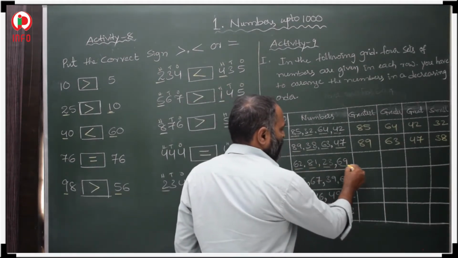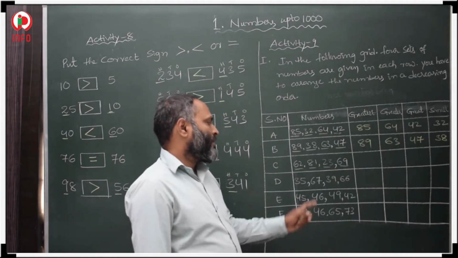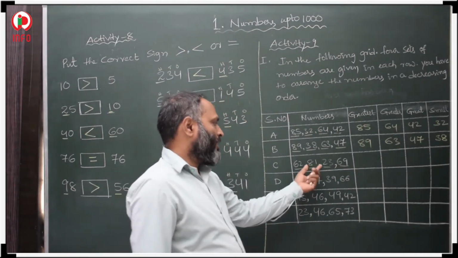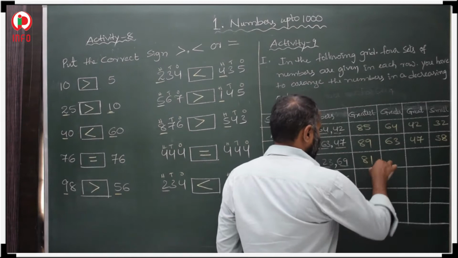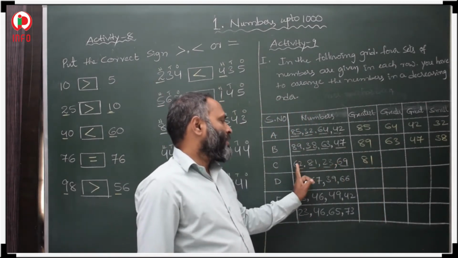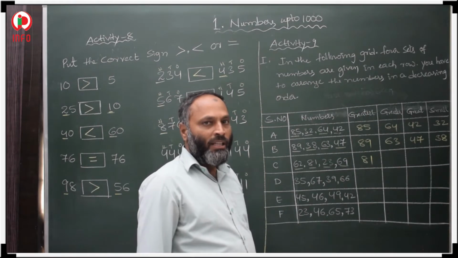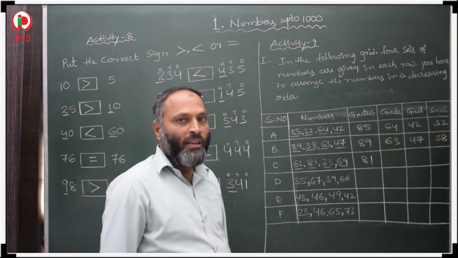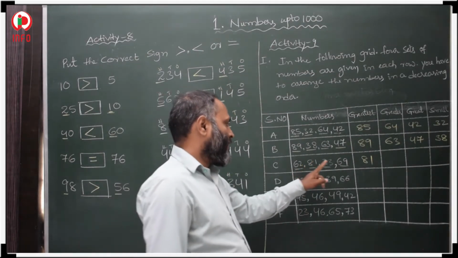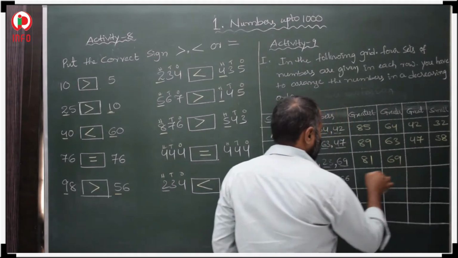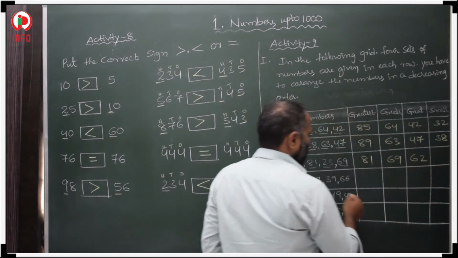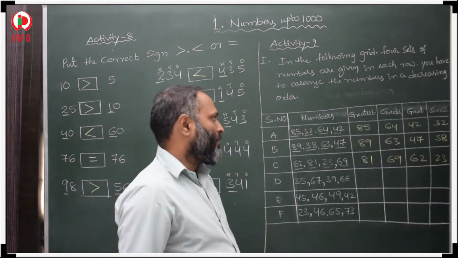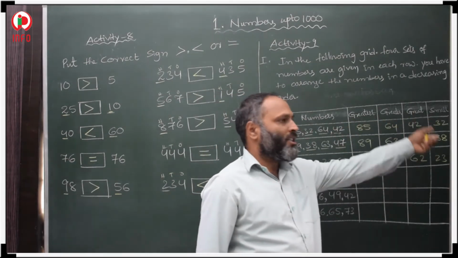In this, 4 sets of numbers are given. First, 69, 81, 62, 23. First, 8 is bigger, so first we have to take 81. Then in the other numbers we have 6 and 6 in the tens place. If they are equal in the tens place we go for the unit place. Here in the unit place 2 is there and 9 is there. 9 is bigger and 2 is smaller. First we take 69, then the smaller number 62, and one more number 23. This is in descending order, meaning greatest, greater, great and small.